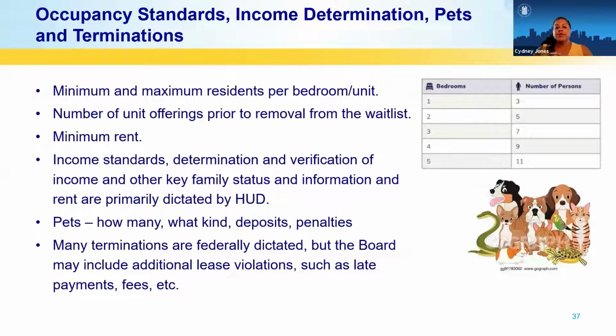Occupancy standards. What size bedroom a family receives has to be outlined in the ACOP. We call those occupancy standards, the number of residents per bedroom. So for instance, for a 2-bedroom unit, the minimum number of people might be 2 and the maximum would be 4. Now, HUD does dictate some parameters here, but the ACOP usually lays out these standards, and the PHA, if